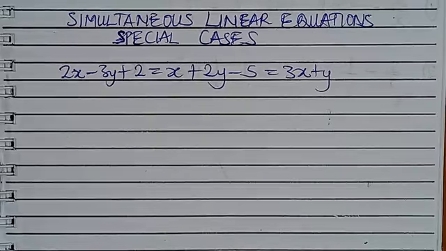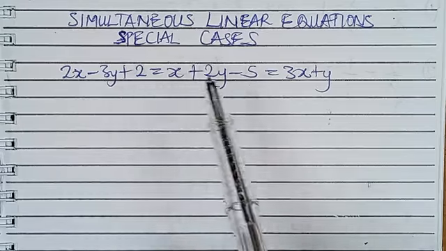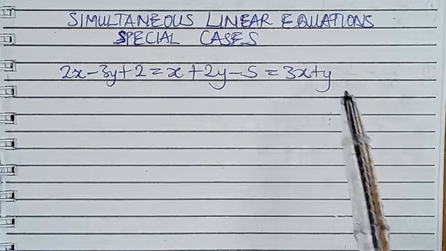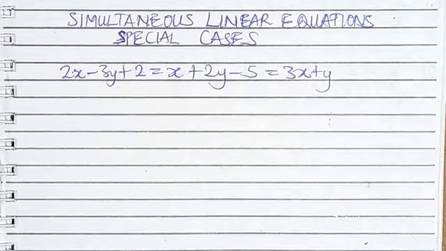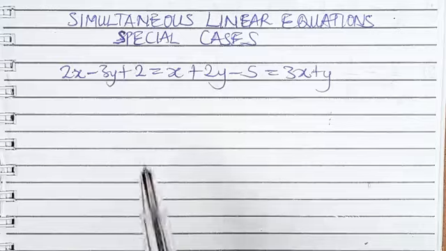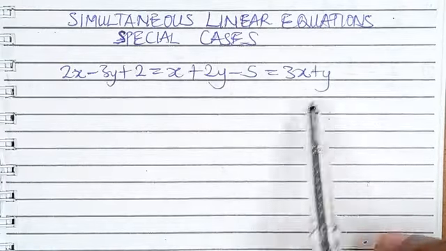We are now dealing with simultaneous linear equations, and in this case we are dealing with very special cases. So case 1 is this. We have that this part of the equation is equal to this part and is equal to this part. So we have three equalities. So no worries. Since this part is equal to this part and equal to this part,